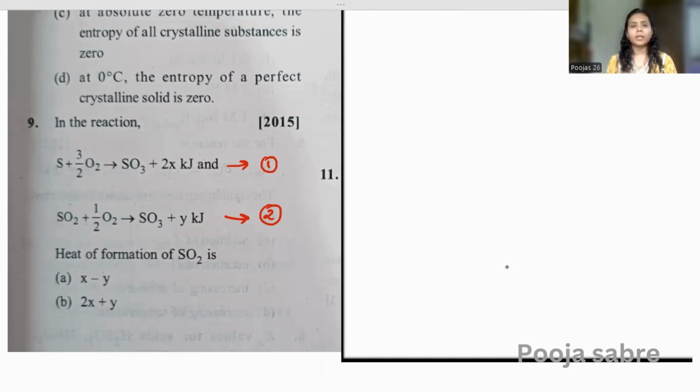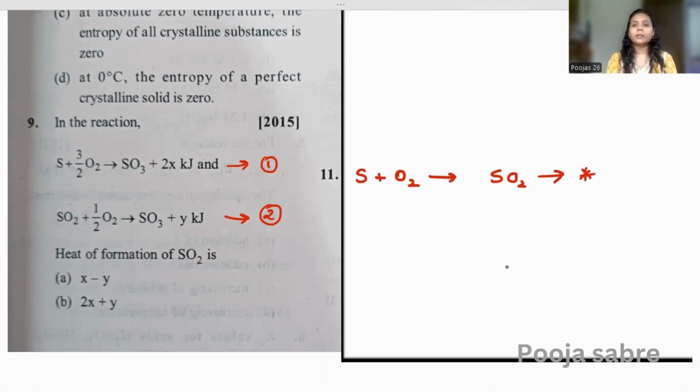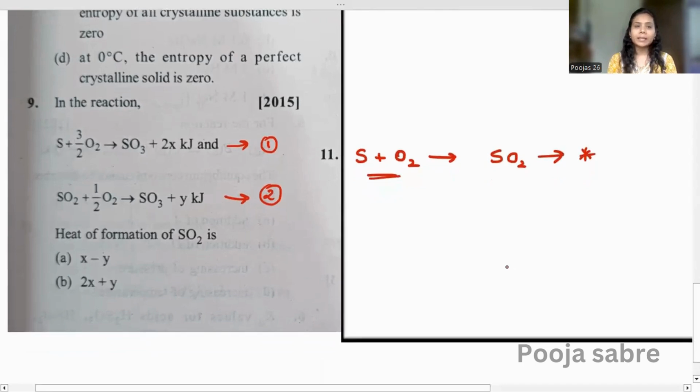तो सबसे पहले हम SO2 फॉर्मेशन का रिएक्शन लिखते हैं. तो SO2 का फॉर्मेशन कैसे होगा? SO2 डेफिनेटली इट विल बी फॉर्म्ड फ्रॉम सल्फर प्लस O2. ठीक है? तो S प्लस O2 गिव्स अस SO2. This is the general reaction. Now we are going to use these two reactions. अभी ये दो reaction आप use करके this general reaction we are going to find out. तो कैसे करना है? Now just have a look on SO2. SO2 कहाँ पे है? SO2 is in the reaction number 2, but it is present on the reactant side.